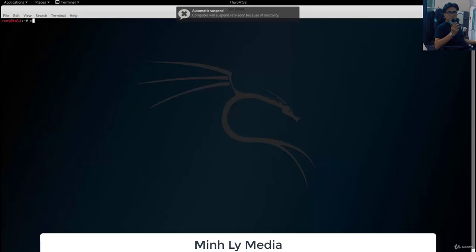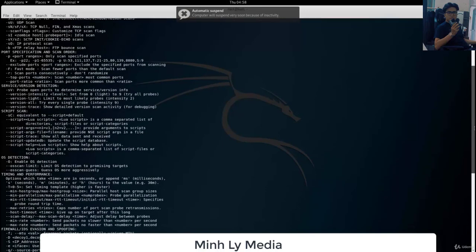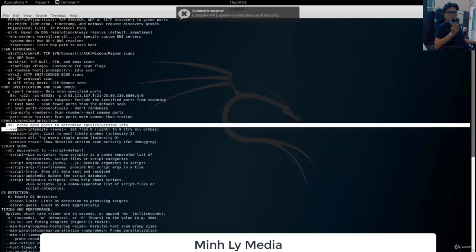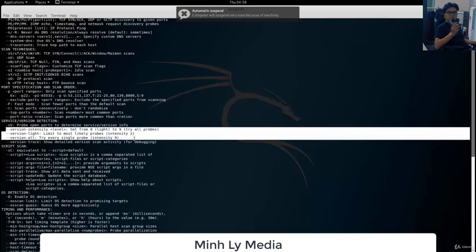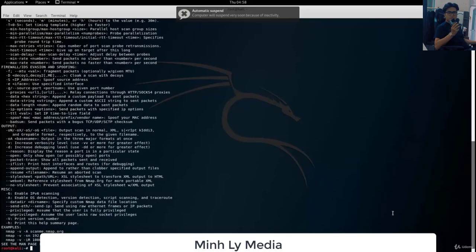Now let's see some of the other options we can use instead of the operating system scan. We can cover the -sV. As we can see, it is the service and version detection. -sV probes open ports to determine service version info. There are also some other options here for the -sV option, but for now we will just use -sV. So let me scan once again my